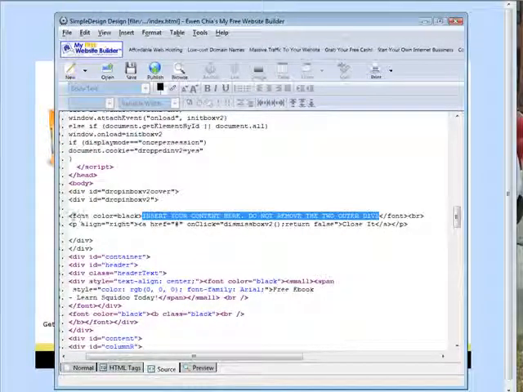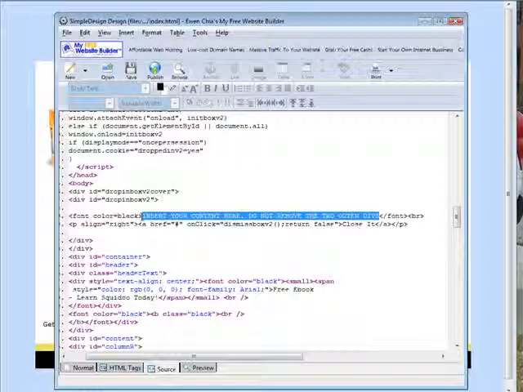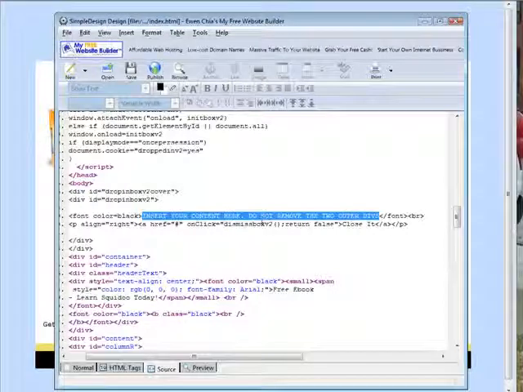Just a caution, just leave this font color equals black in here if you're putting text in here, and make sure that all the text is between these two font statements or it's not going to show up properly. And if you're not going to use text, it doesn't matter if they're there, you can still put your image inside here. So let's just put